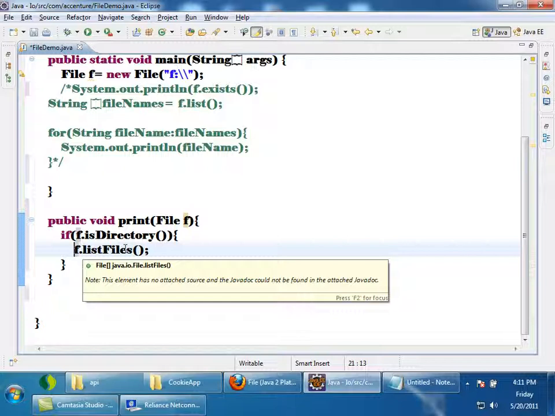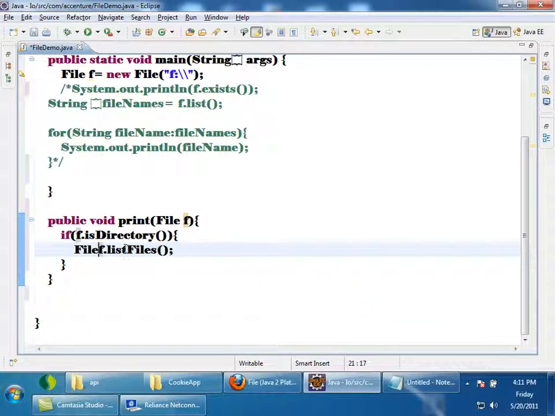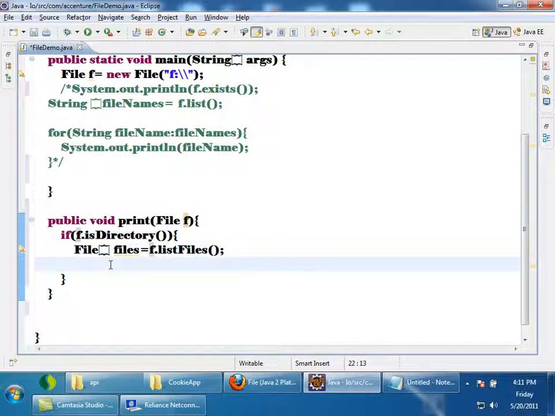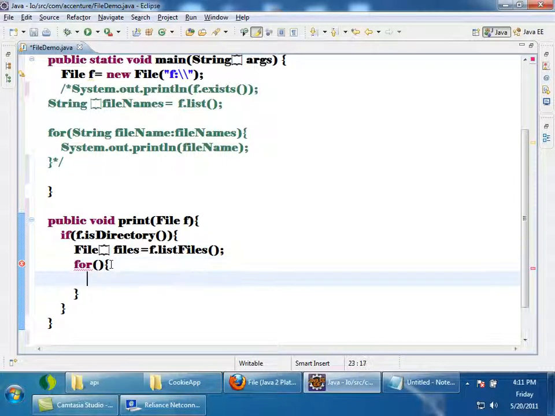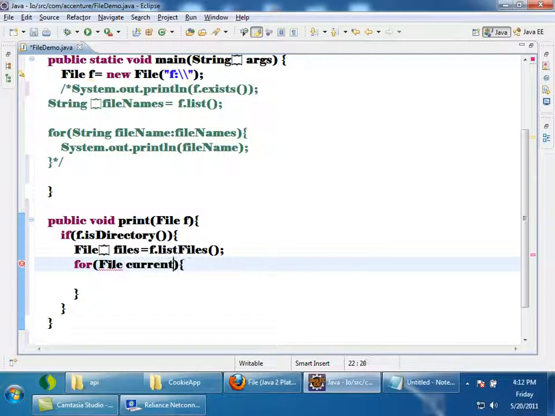So then I'm coming to the left side and creating a reference of it. This is the approach. First you call the method which is returning a file array, then I come to the left side and create a File array reference. File[] files = ... Then now I have to iterate over all these files. I'll iterate for File currentFile : files. This is a way to iterate files.